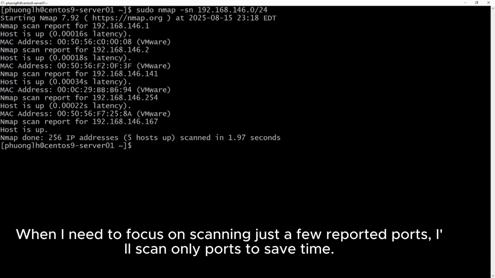When I need to focus on scanning just a few important ports, I'll scan only those ports to save time.